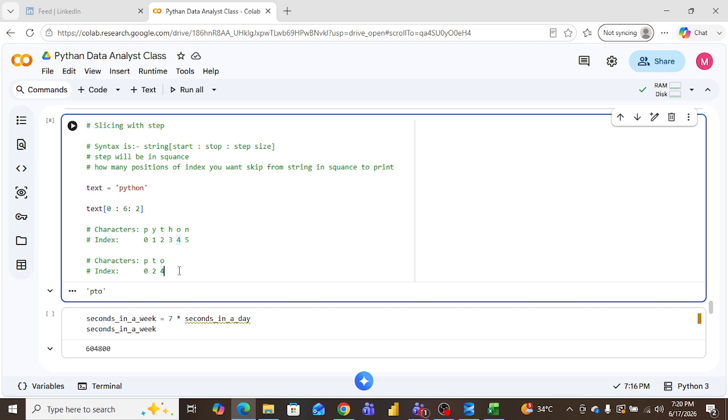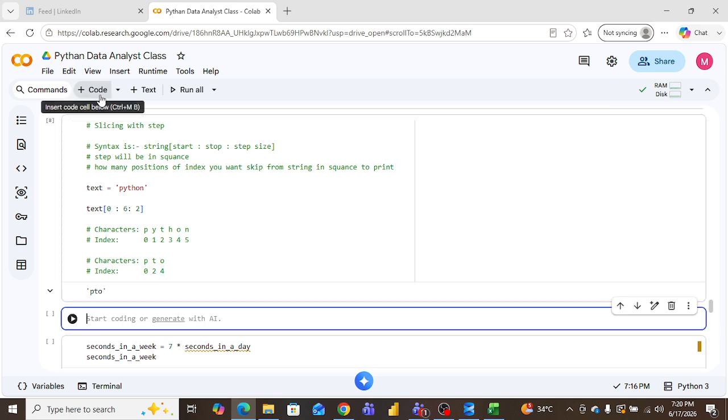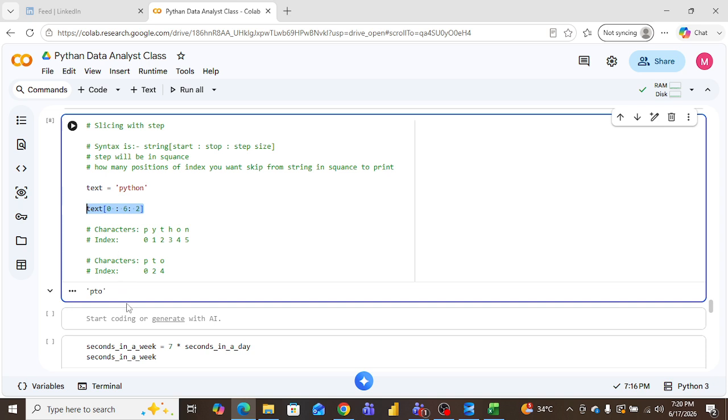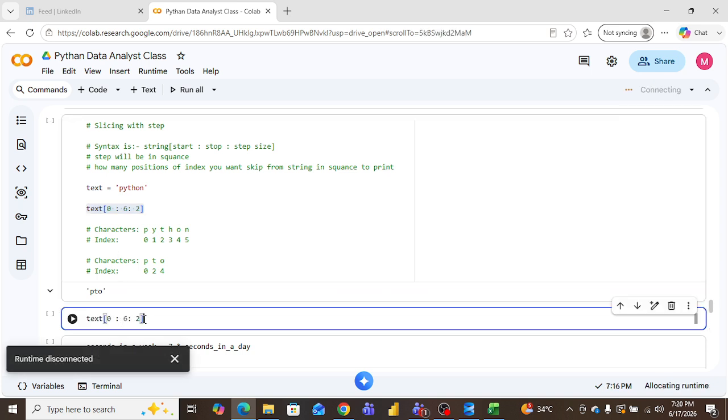Now I give you another example. Let's see. We will use another cell. I want to know from you, let's see what we will do here. String of